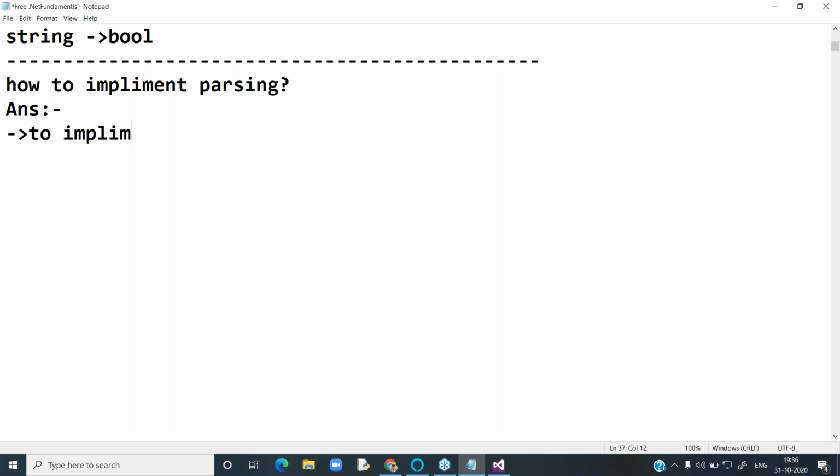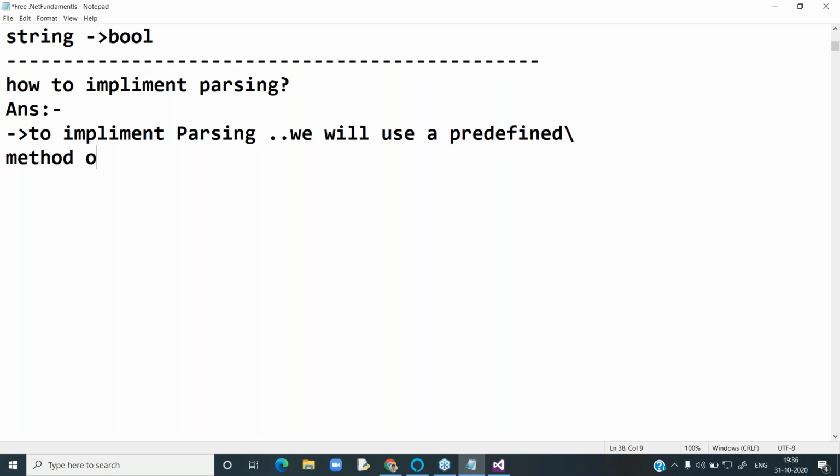To implement parsing, we will use a predefined method called parse.